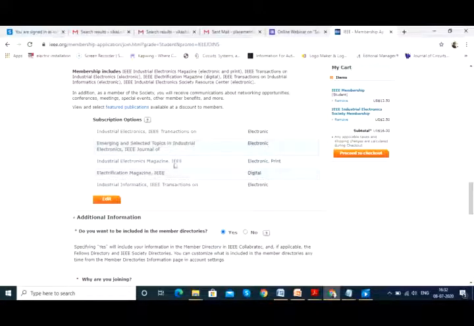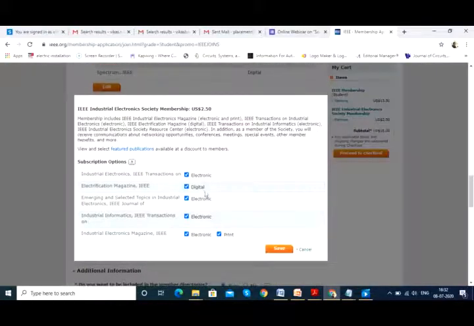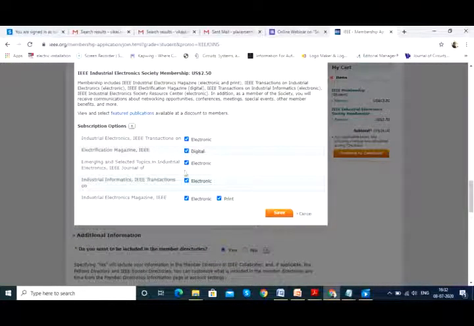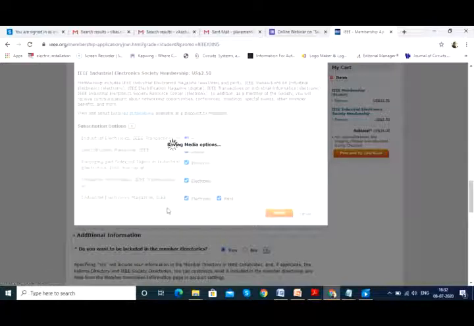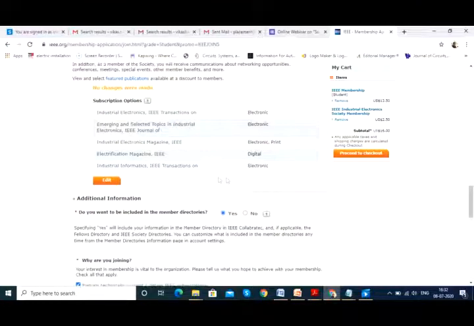of this particular magazine. If you want editing options, you can do that by clicking the edit option. In fact, there is no need to do all this, just to see that all the options are available intact. If you don't want to receive any printed copy, you can uncheck this, fine. It doesn't matter if you check it or uncheck it, because anyhow you will be receiving all the electronic and digital material.